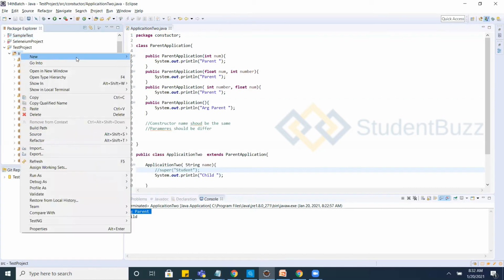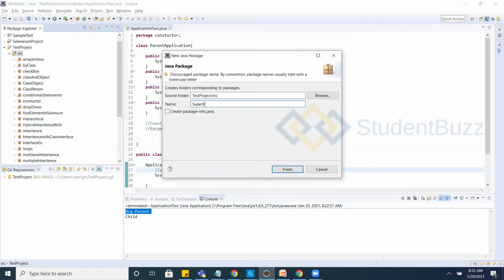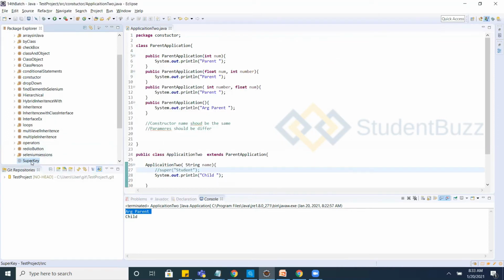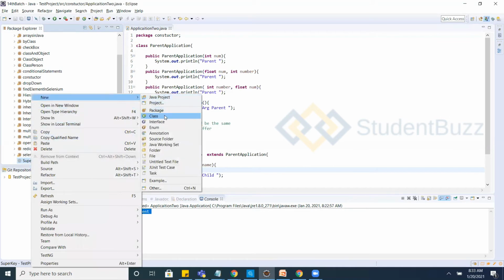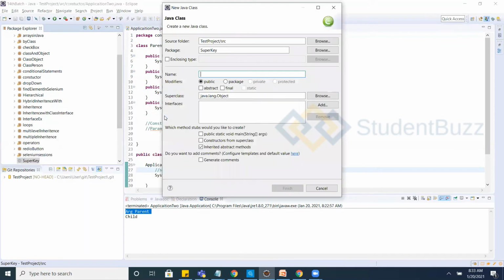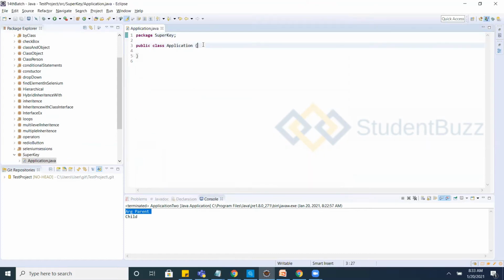So create a package, new, super keyword. In this super keyword, let's see what we can achieve with this. Every class can have data members, and it can have a method, right?